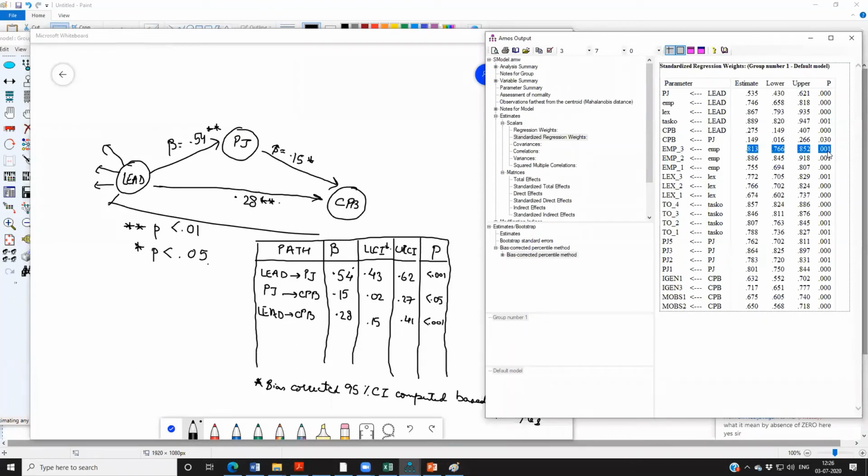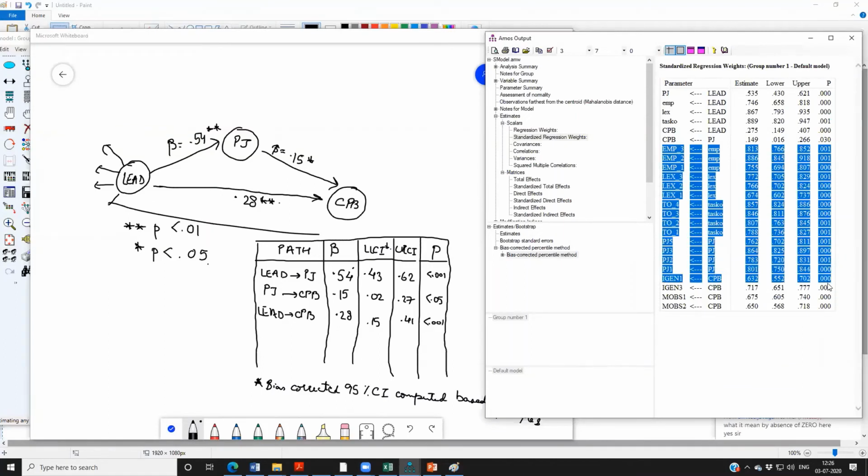Because this is 0.001, you cannot write it is less than 0.001. So for this, you will write it is less than 0.01. Similarly for second item, third item, fourth item, and so on, right? So basically, even when you had data non-normality, when we saw that the data was non-normal, this is the table that you will report